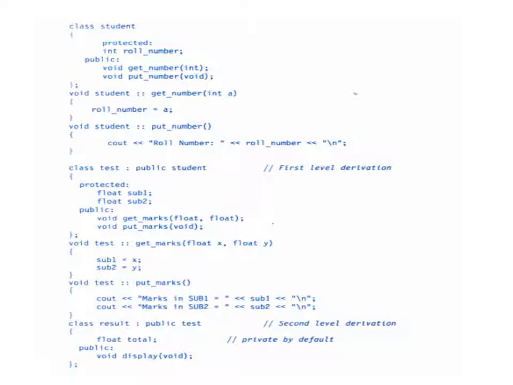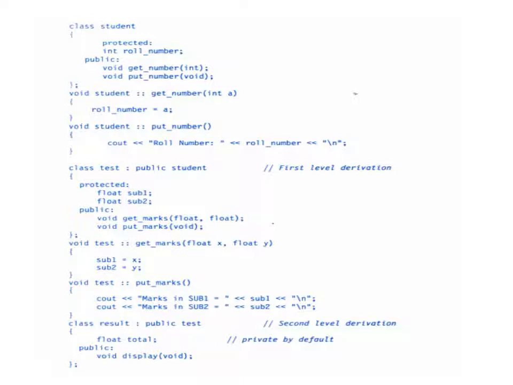One program we shall see now. Here is class student. In that class student, I'm declaring two different functions, void get number and void put number. Since I'm declaring them inside the class, I'm going to define the functions outside the class. This will be done with the help of the scope resolution operator. This is how I'll be defining it.